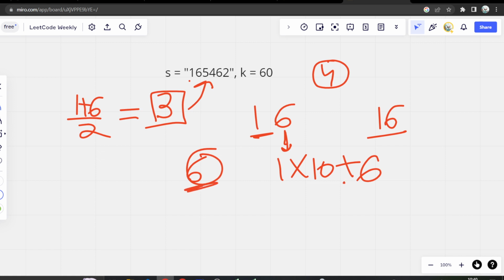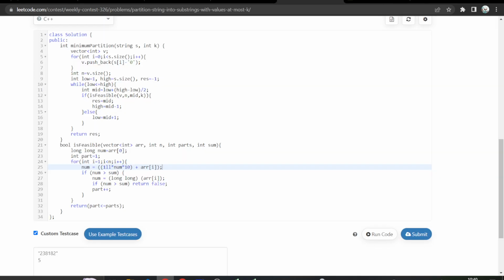It is not right now. So when we will have 165, what will we do? We will update num to this 5, right? So this is our one substring. So what will we do after our sum exceeds,